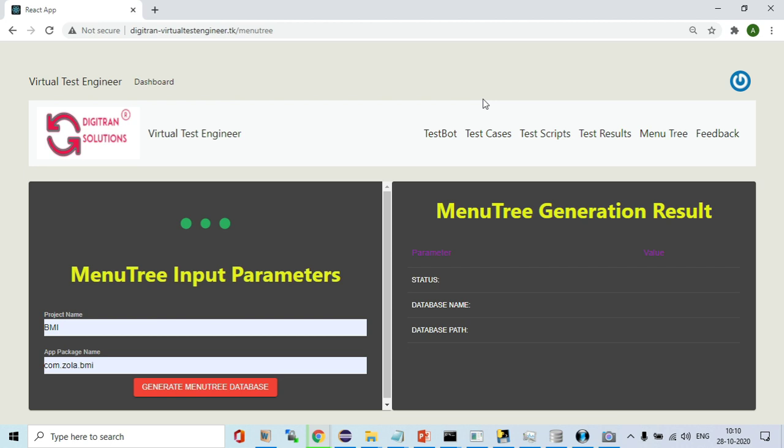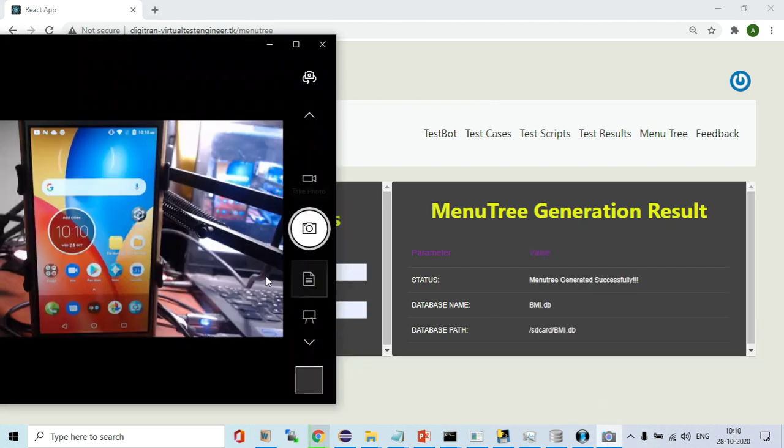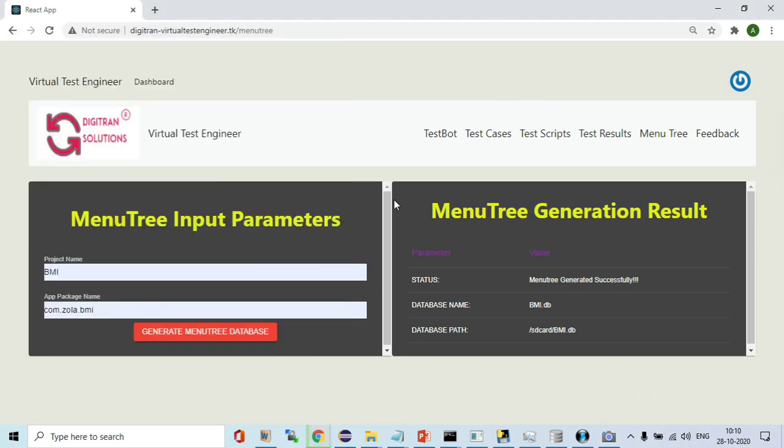Where is the generated menu tree? We can see it in the device. For example, if you go to the device side, once the pop-up is clicked, then you can get the result also.